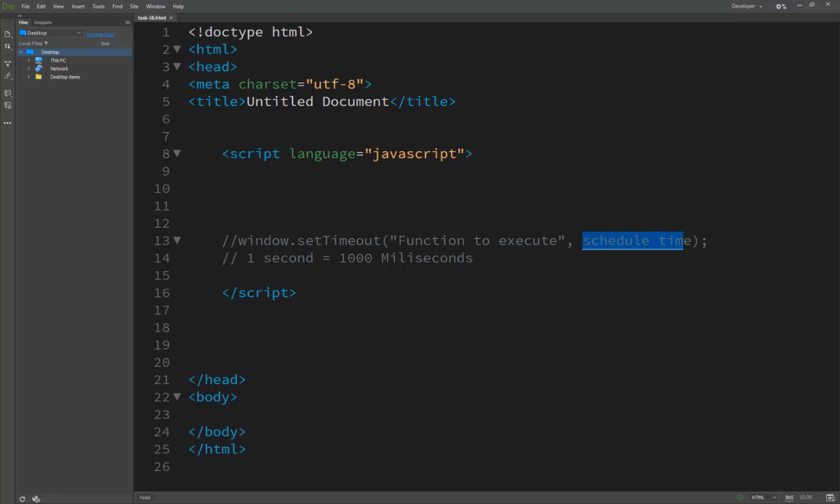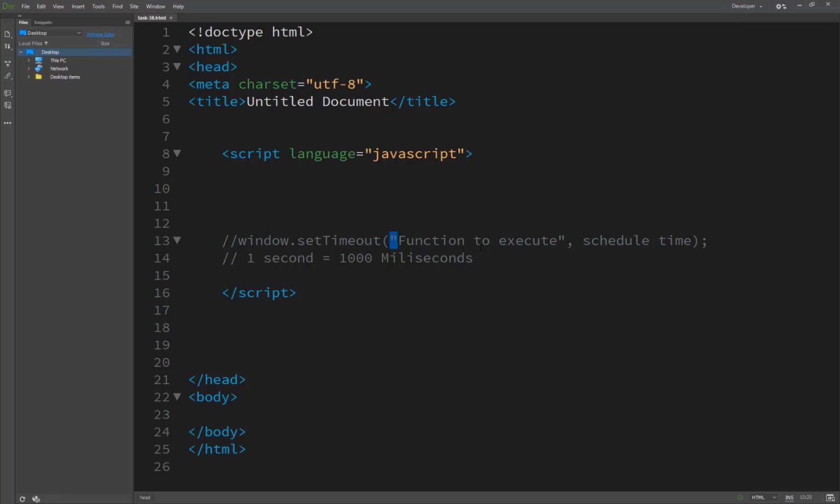So it must be in double quotes, you must write the function name in double quotes, and it is treated as a text string containing the actual text of the command to execute.